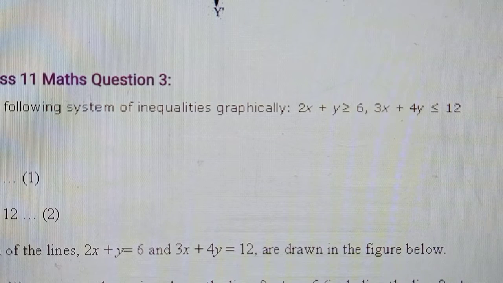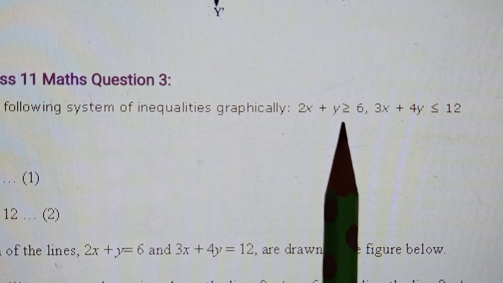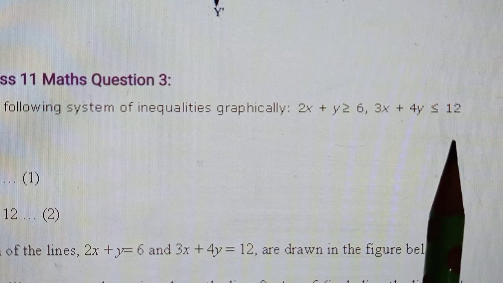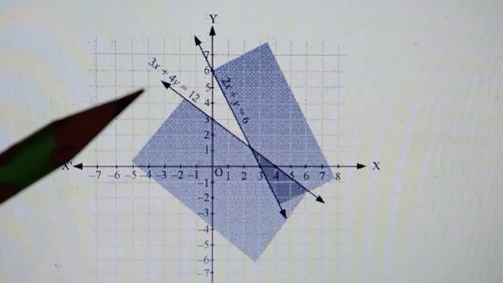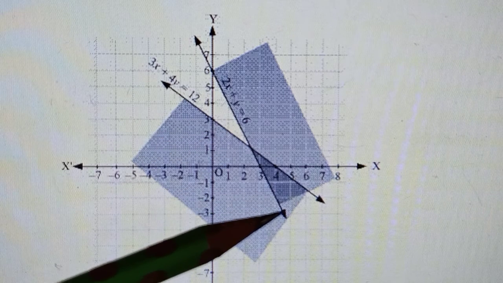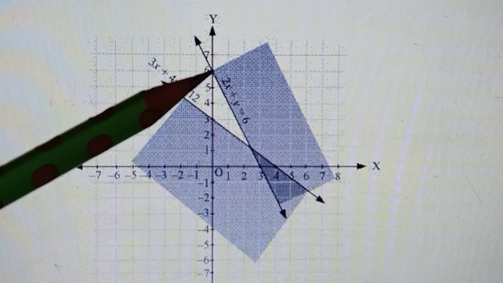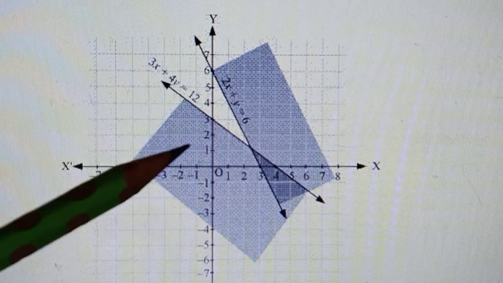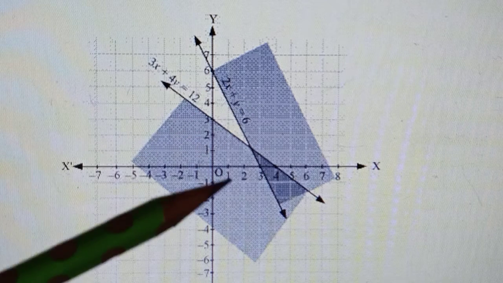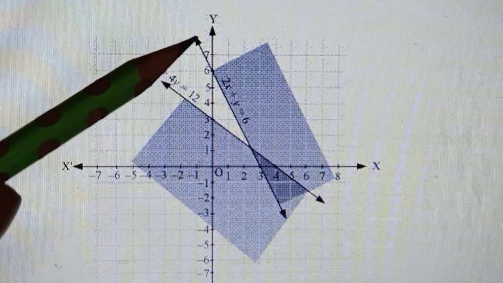Okay, see in the third question now, the two inequalities are 2x plus y is greater than or equal to 6 and 3x plus 4y is smaller than or equal to 12. So likewise we'll plot first line to be plotted. 2x plus y greater than 6 के लिए 2x plus y is equal to 6. So again put x is equal to 0, y is 6. ये point आ गया 0, 6. Then if you put y is equal to 0, you end up getting x is equal to 6 upon 2, that is 3. So the other point would be 3, 0. Join this and obtain your line.